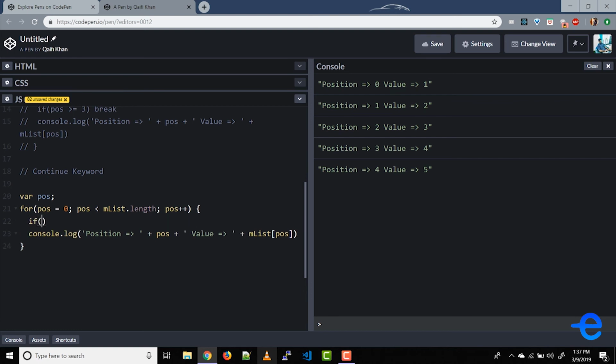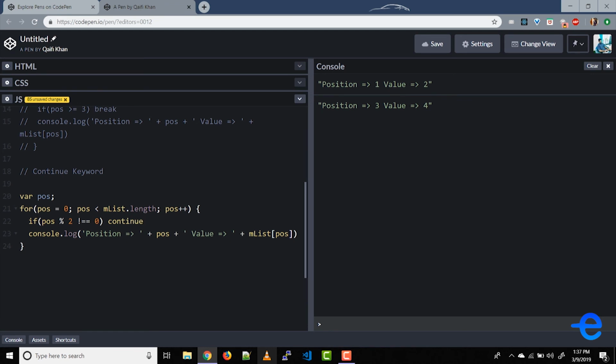So if my position mod 2 equals 0, this will give us all the evens, but we want all the odds here. Why? Because every time we have an odd value, we don't execute any further. We start the next iteration. As you can see in the console, we've got all the even positions, so 0, 2, 4, and